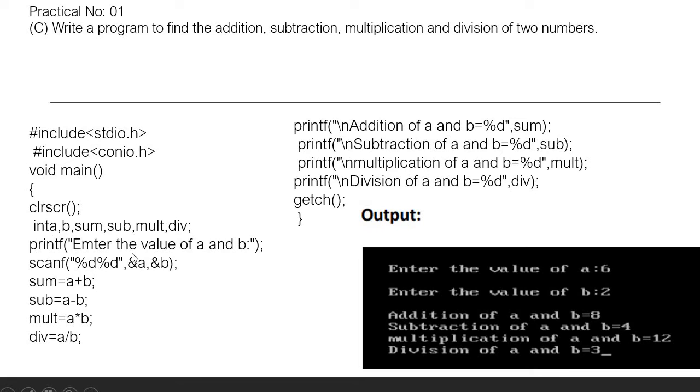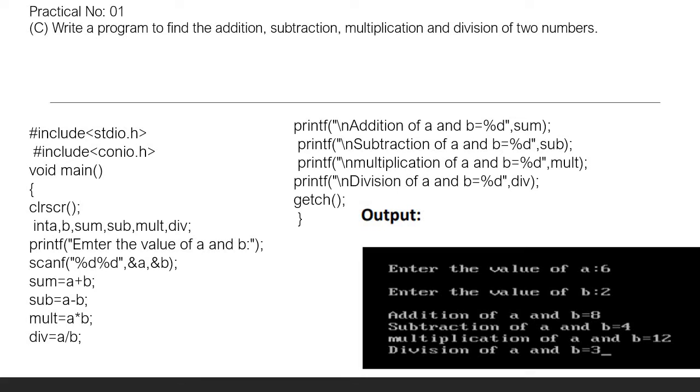Okay. Once you have mentioned your input and output function, you have to do the process part. Students, you can see these are nothing but my initialization process. Over here I am initializing the different types of values, and now I am doing my process part. Process means what? Whichever values are entered by the user for the a and b variables, that answer I want to store within these variables. So that way this process will be mentioned. So a plus b, and the value gets stored within the sum variable.